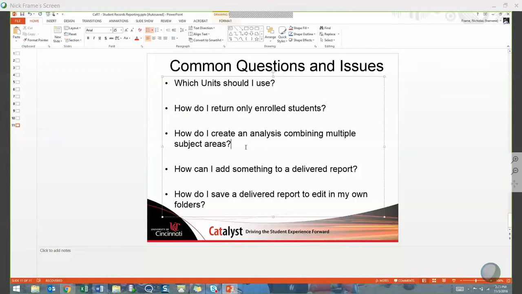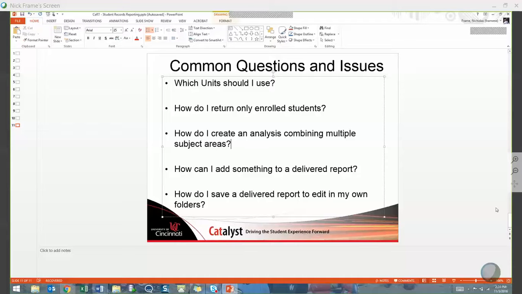So then this is kind of a conglomeration of a lot of questions that we get. But one of the big questions is, I've got 2 subject areas. They have some data in one and some data in the other, and I want to merge them together. How can I do that? The short answer is, if you want to display it all on one screen at the same time, you really can't do that. The tool that we're using does not allow for those kind of joins between subject areas because,